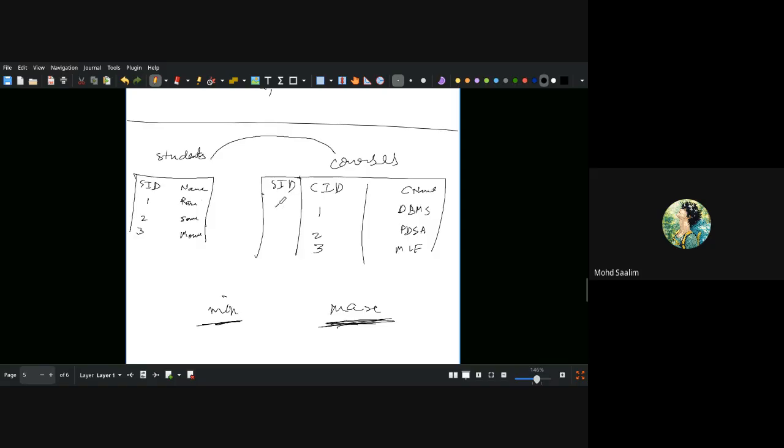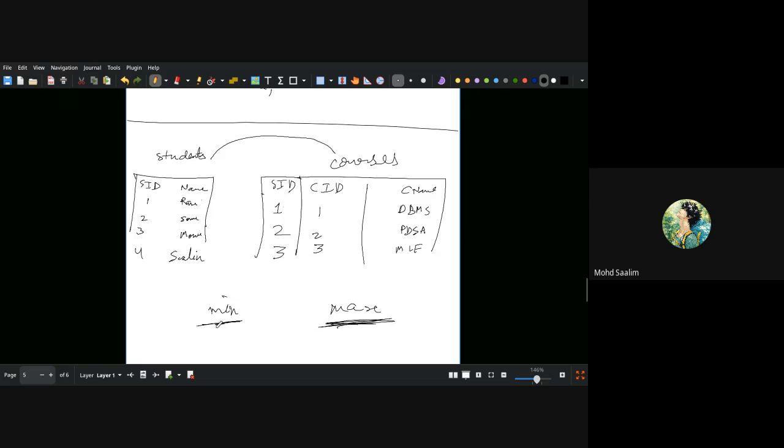spread your data as much as you can. If there is a situation like this, 4, Salim, let's say, in this scenario you cannot do anything because there are only 3 courses. So you can fill at most 3 values, right? So you are forced to make a row for Salim also.